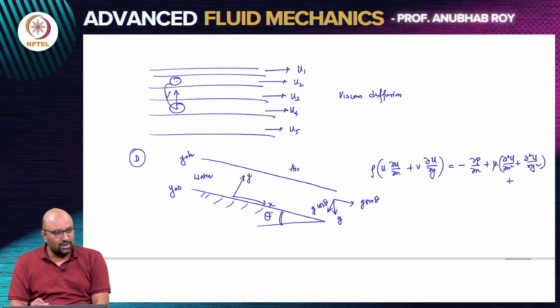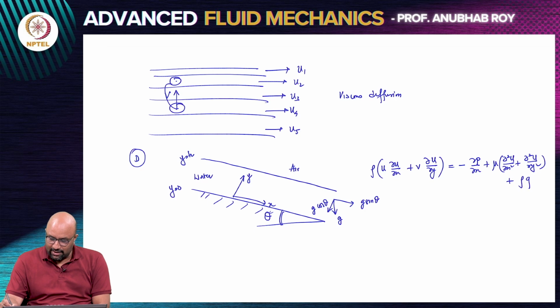The acceleration due to gravity would have these two parts. So in the x direction, I will have rho g sin theta,